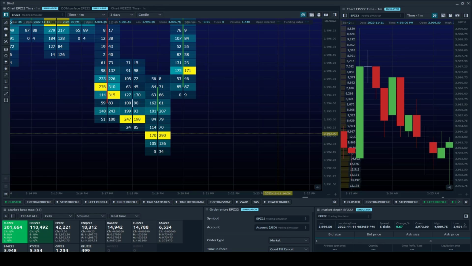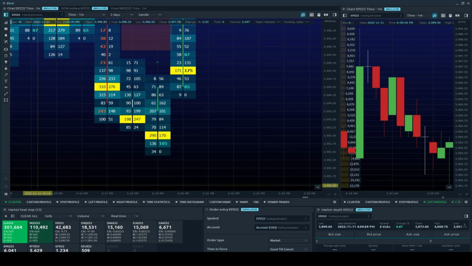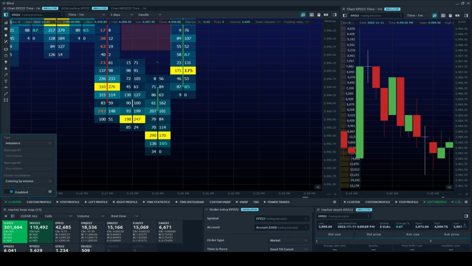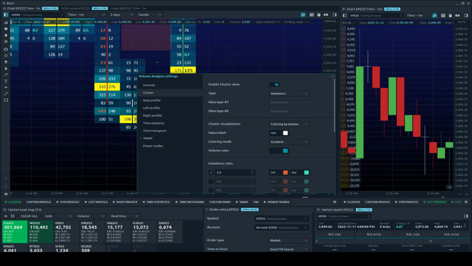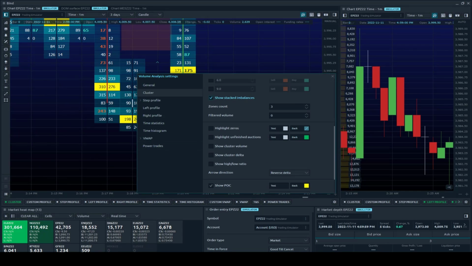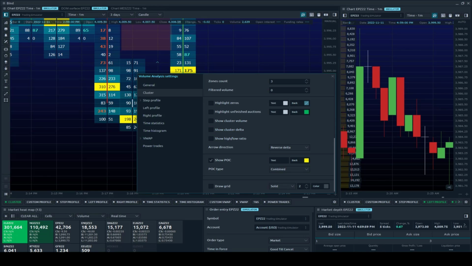Another helpful highlighting method can be to show unfinished auctions. This is a bit more advanced, but basically it just shows you where there is a bottom or top of the candle that did not end with 0 contracts traded on one side. So I'll show you that now. You're going to want to go to the same panel, making sure the type is imbalance. Click on the gear icon. From there, you're going to want to scroll down, highlight unfinished auctions. Click on that,